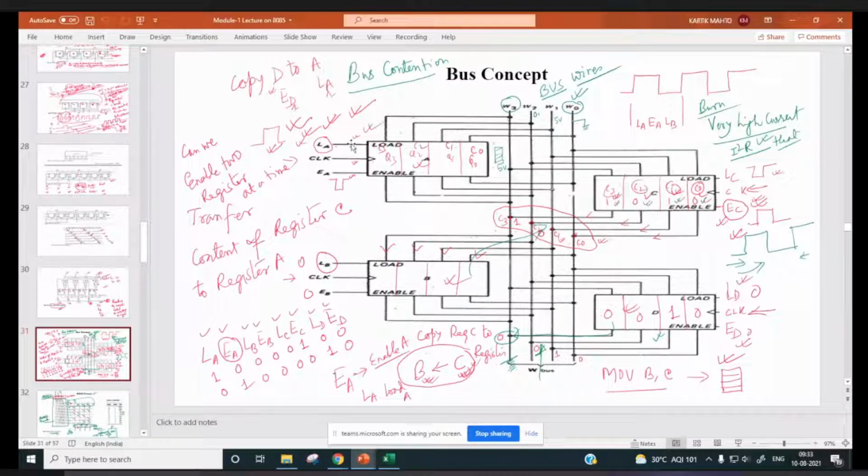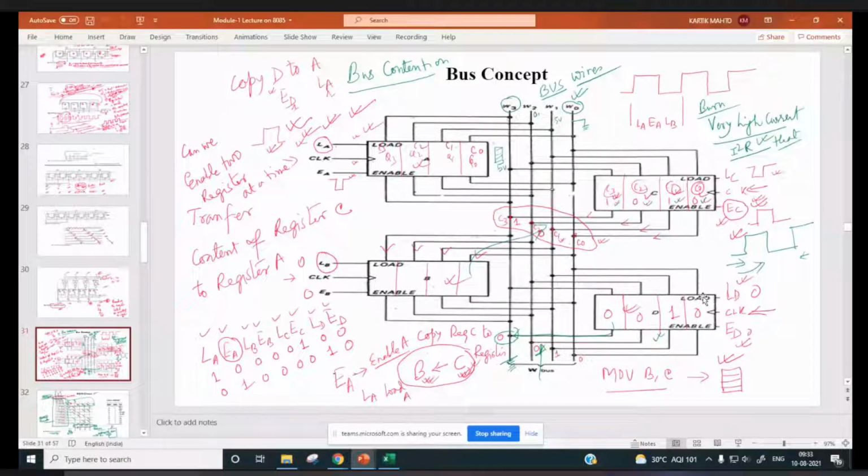This concept of bus contention also we discussed. If you want to copy the content of, say, register A to register B, then only registers A and B have to be active in a single clock pulse.